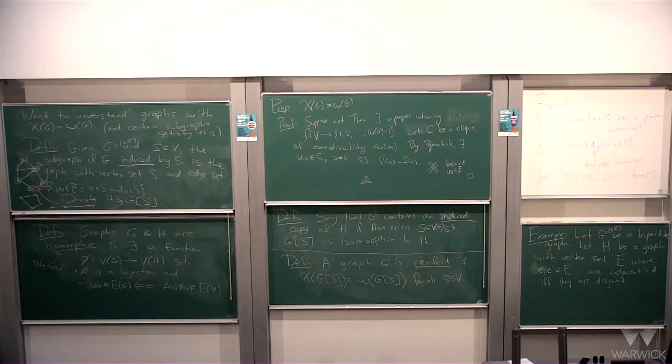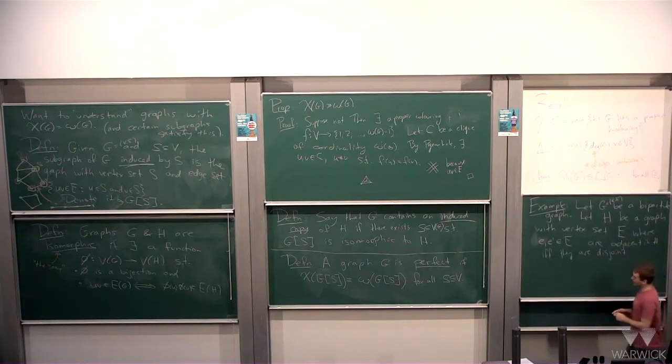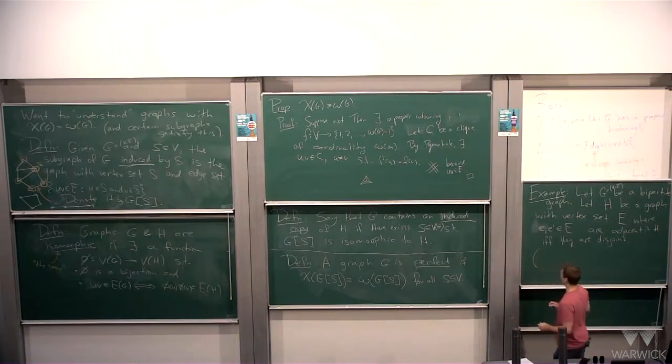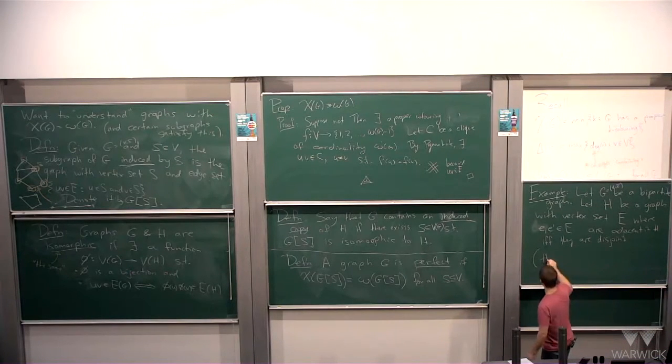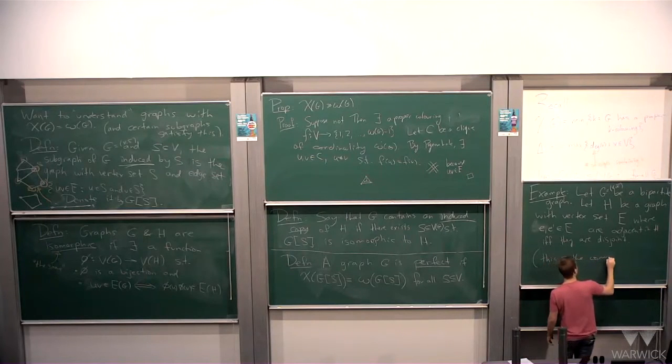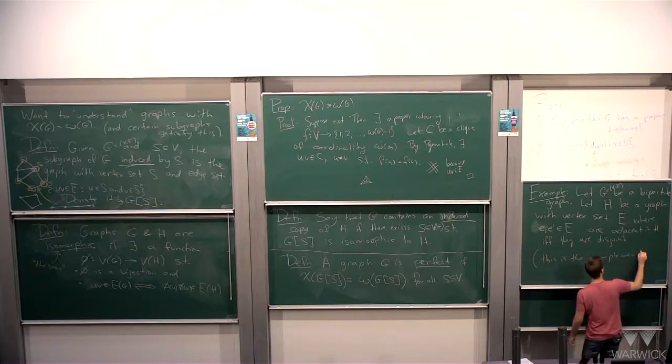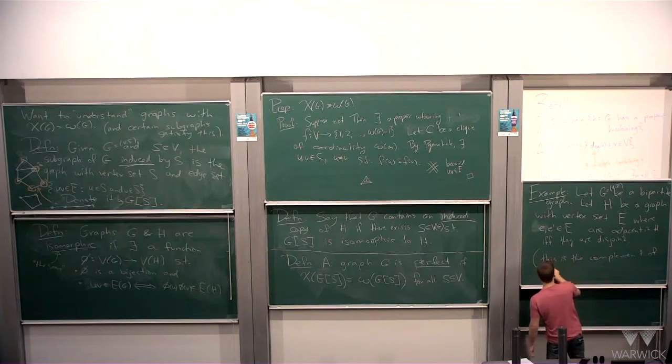Okay. So the vertices of H correspond to edges of G. When 2 edges are disjoint, they're joined in H. Right? This is technically, this turns out to be the complement of the so-called line graph